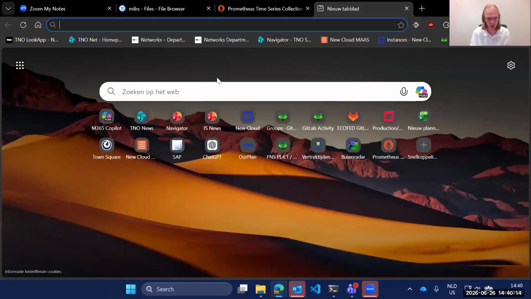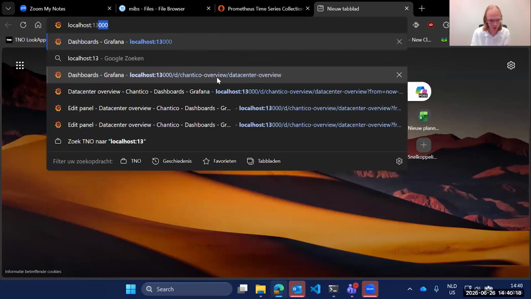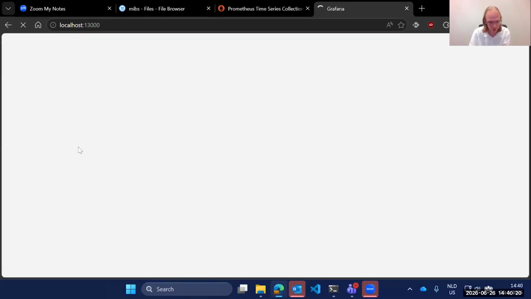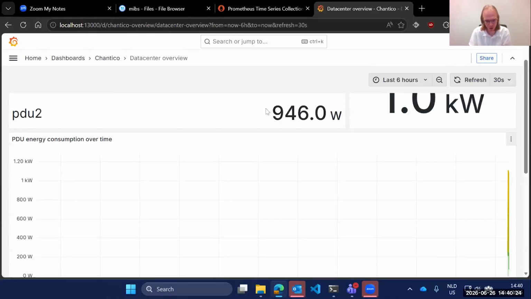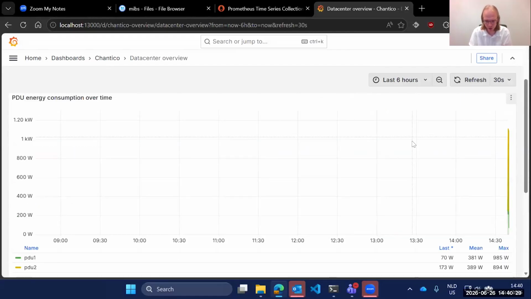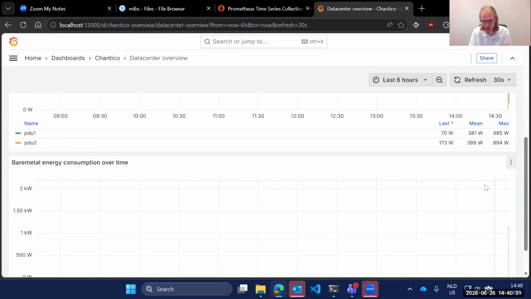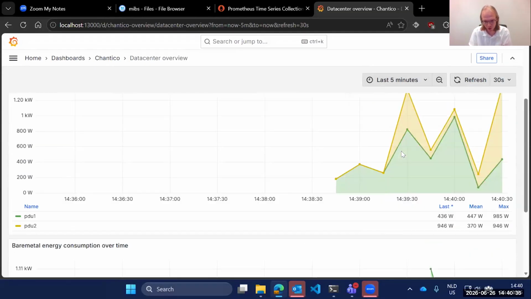And basically, this will then also end up in the Grafana interface, which is also supplied within this deployment, where we can then see information about each PDU coming in with all the data. It's currently a very fresh deployment, so we don't see that much.